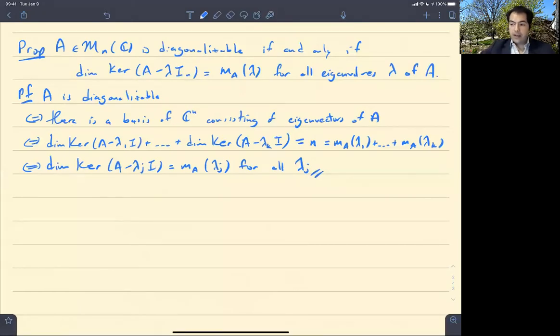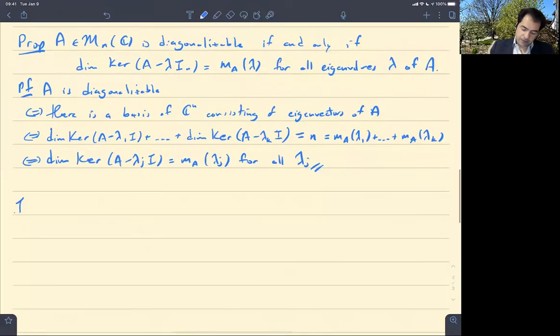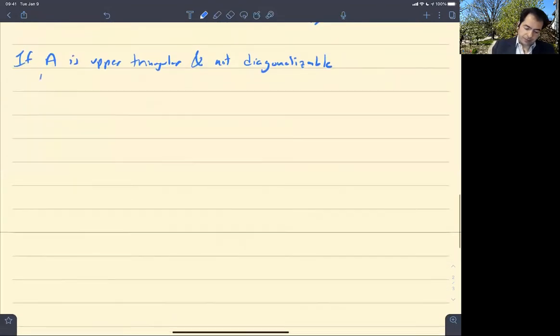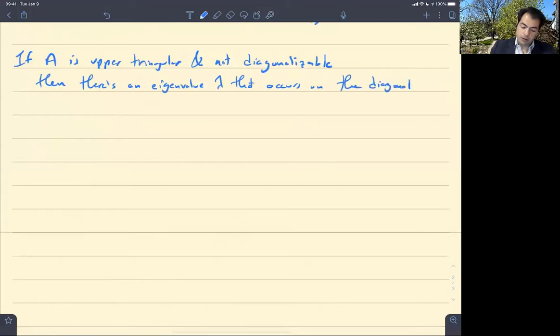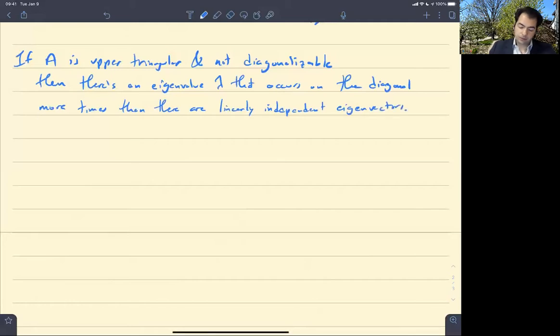Okay. So now, if A is upper triangular and not diagonalizable, we know what the problem is. The problem is that there's an eigenvalue, lambda, that occurs on the diagonal more times than there are linearly independent eigenvectors. Okay, so for example,